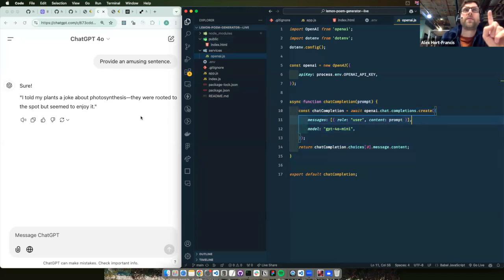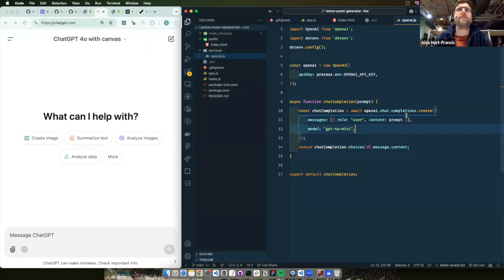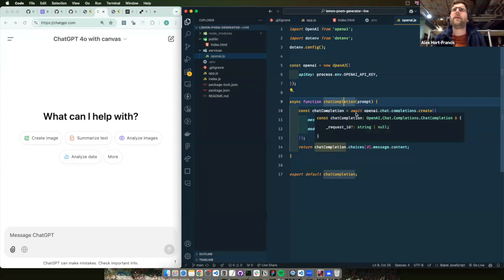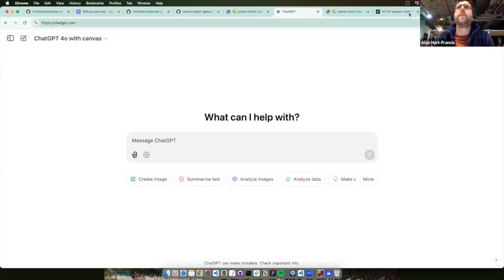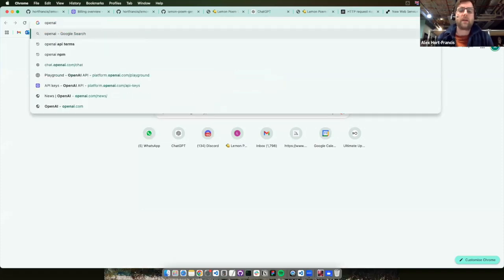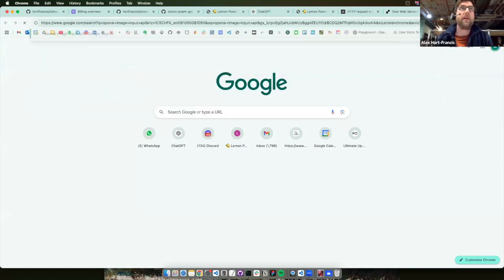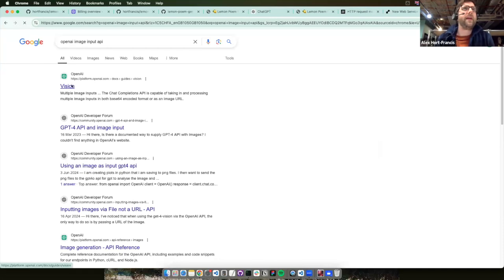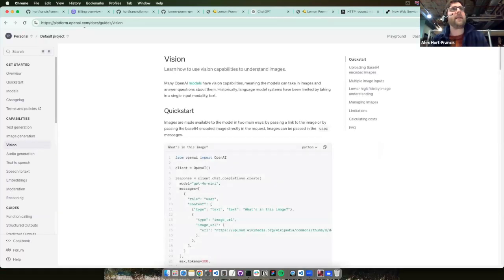Now, saying that, you can also do image input. Something quite fun to do as well is there is a way of doing image input into the API. I don't have a working code sample for that right now, but you can do it. I'm pretty sure the way you'd find out about that is you go to OpenAI, image input API, vision. Yeah, here we go. So you can find all the information you need on here,